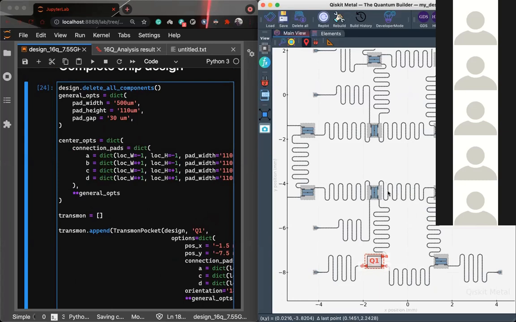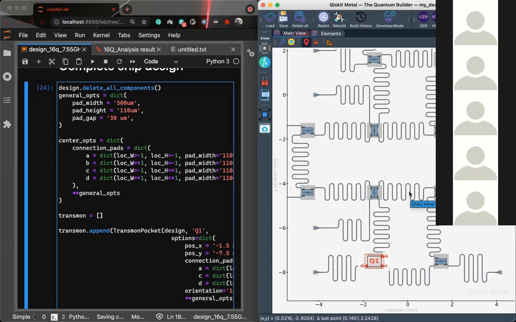So let's say 5 gigahertz is the frequency, you convert it into wavelength, you do lambda by 4, and you get the length of this particular element, and it should be in some vicinity of that to get the least reflection of signals. So that is between two qubits.